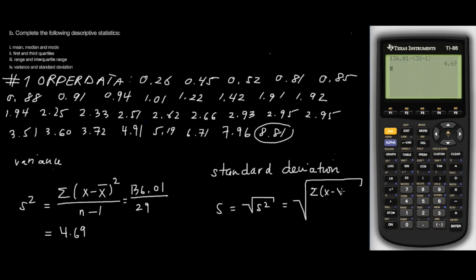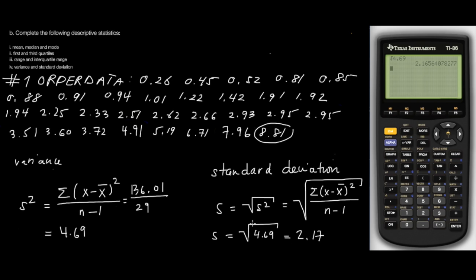So once again, we have the sum of the differences squared divided by n minus 1, but here we already have the variance value, so we simply do S is equal to the square root of 4.69, and we'll switch over to our calculator real quick. So we will do the square root of 4.69, which gives us 2.165. We can simply round to two numbers, that's not a problem. So this gives us 2.17,